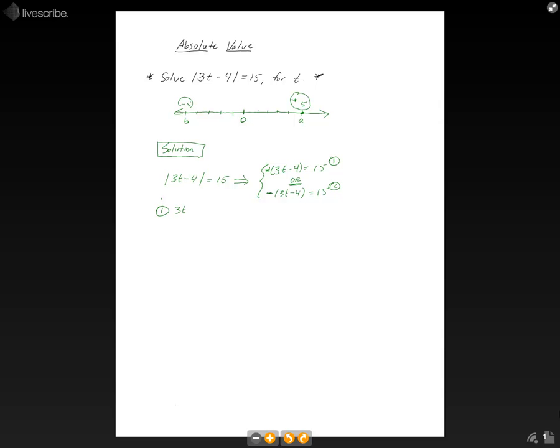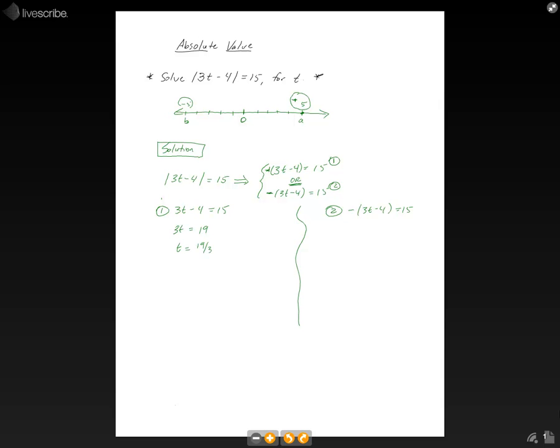Okay, so then you just solve both equations. The first one is 3t minus 4 is equal to 15. You add 4 to both sides of the equation, and then divide by 3, and that tells you that t is equal to 19/3. If we do the second equation, which is negative 3t minus 4 is equal to 15,